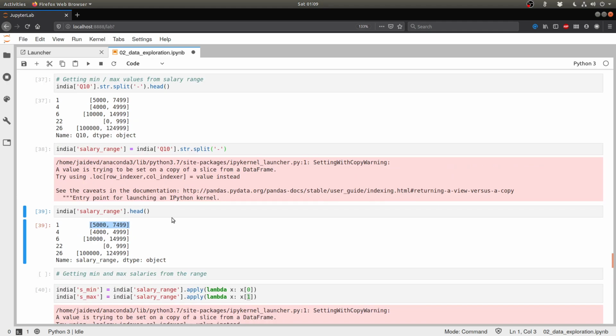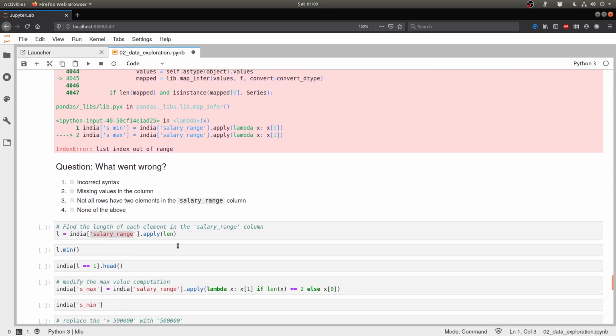Earlier, each row was a string, which we have converted into a list by carrying out the split function. So basically each row is going to be a list now. And we know how to calculate the length of a list. We can just do len and the list. So what we are going to do is apply the length function to this, and we are going to capture the output in L.